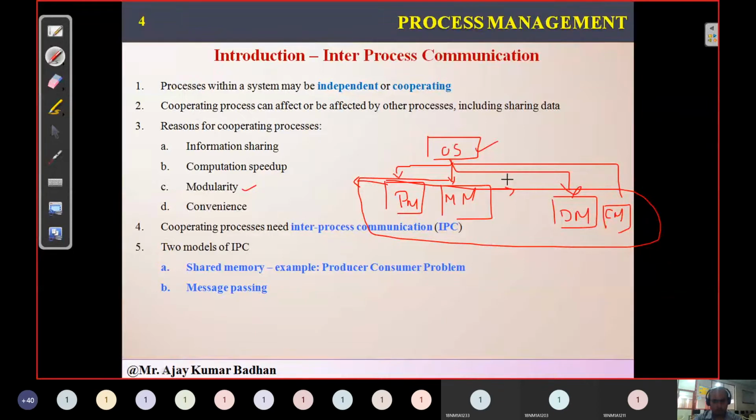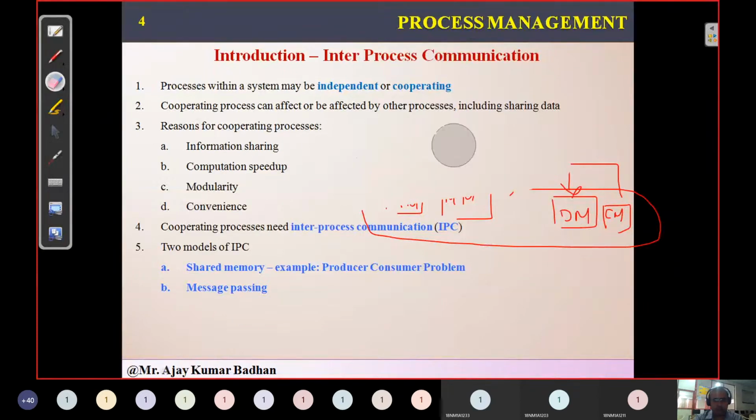Maybe a failed model, like we have Windows 8 as a failed model. I don't know how many of you know that Windows 8 is called a failed model among operating system versions. Why it is called a failed model is because the integration among these modules was not perfectly done. There was some lagging; sometimes you give some controls that are not performed perfectly. Due to that, it became a failed model. So this integration is most important, and that comes under your modularity.